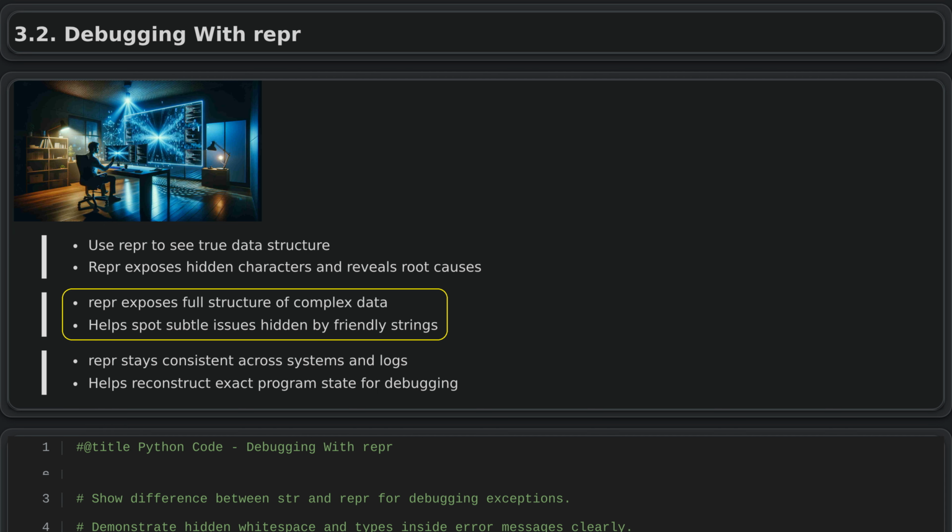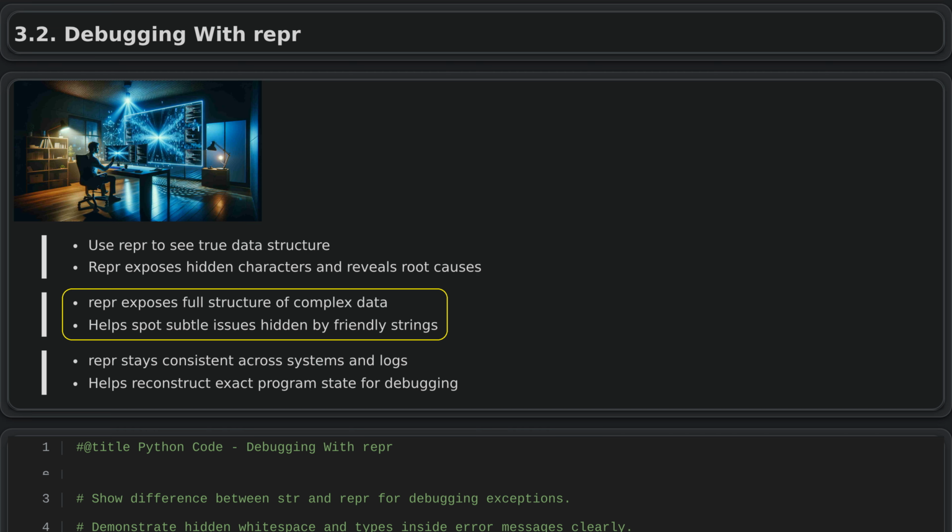It can expose issues such as keys that differ only by capitalization or values that are empty lists instead of being truly absent. In contexts like payment processing, this representation quickly shows mistakes such as a currency code in lowercase instead of uppercase, or an amount stored as text instead of a number, which might be hidden in a more